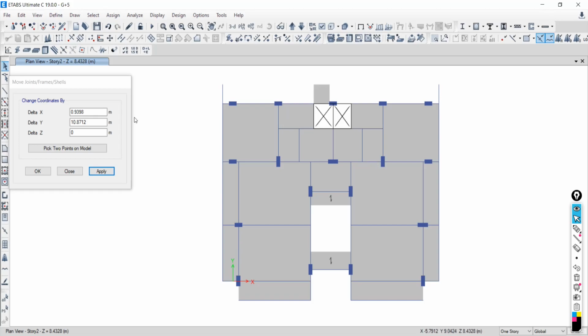So how to execute this? First you have to select the frame, then click over pick 2 points, then the command will be active. Define the first point from where you want to pick the element, and click over that. Freely move to the point where you want to keep the element. I want to keep the element here, so click here. This is done. Coming back to this dialog box, now say apply to complete the work. Is it understood or not?